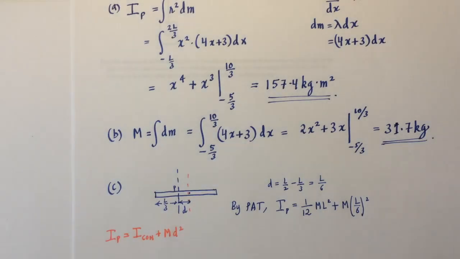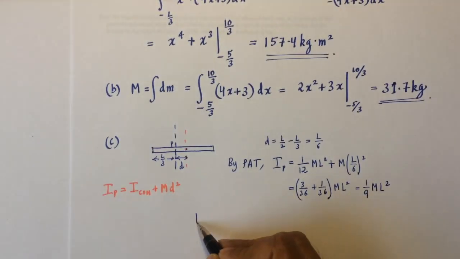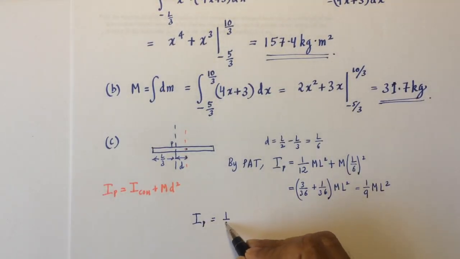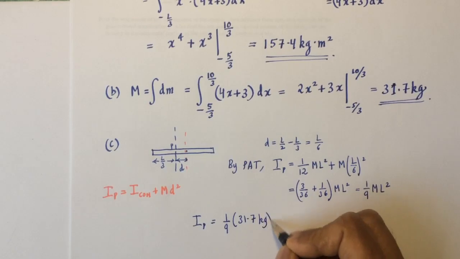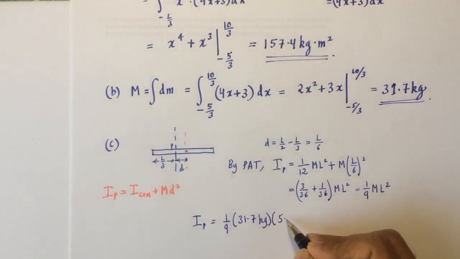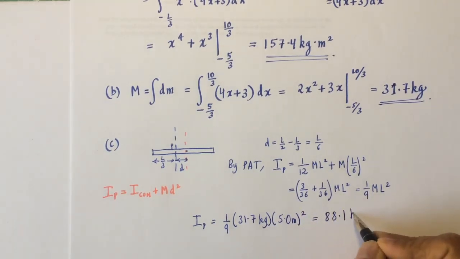Now let's try to solve this. That's 1/12 plus 1/36. So I can write 1/12 as 3/36 plus 1/36. That's a common denominator. 36 is a common denominator. So mL squared times 4/36, which is the same as 1/9. So now I just have to substitute. I_P is 1/9, the mass, which is 31.7 from what I had there, times the length, which is 5 meters squared. And when I compute this, I'm going to get 88.1 kg meter squared,